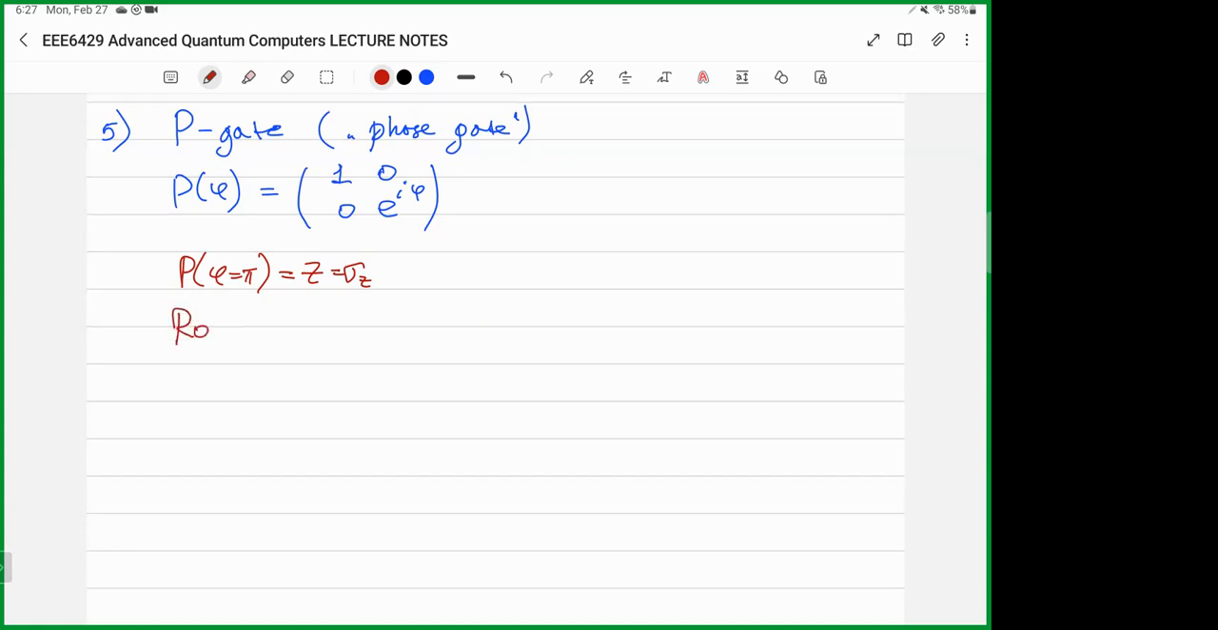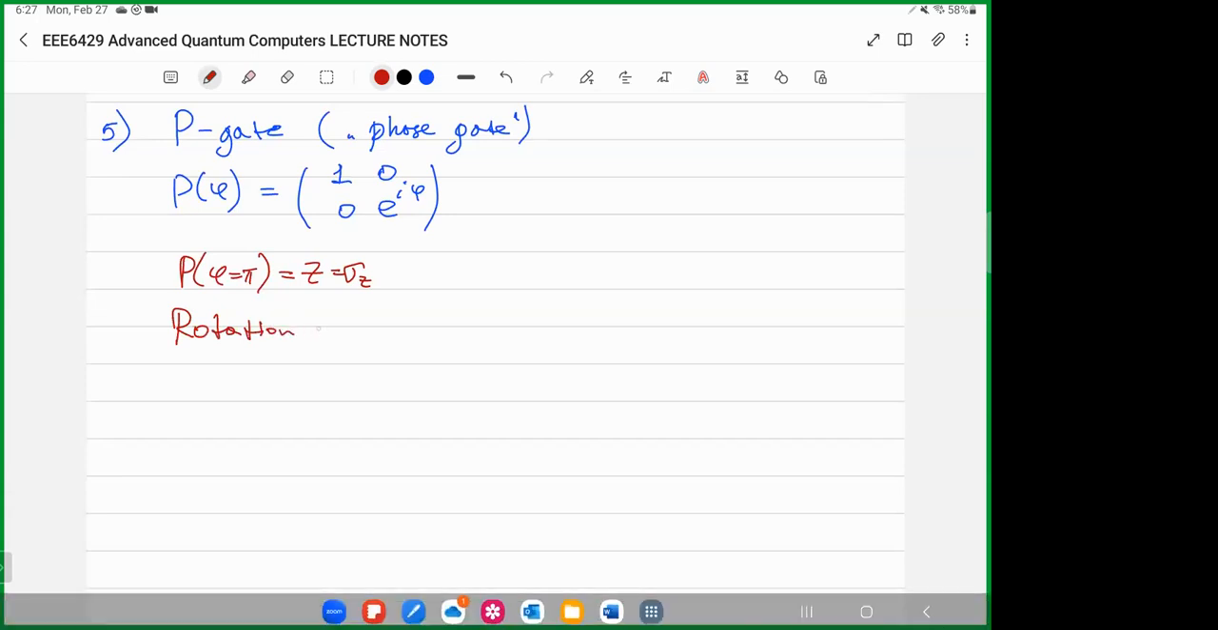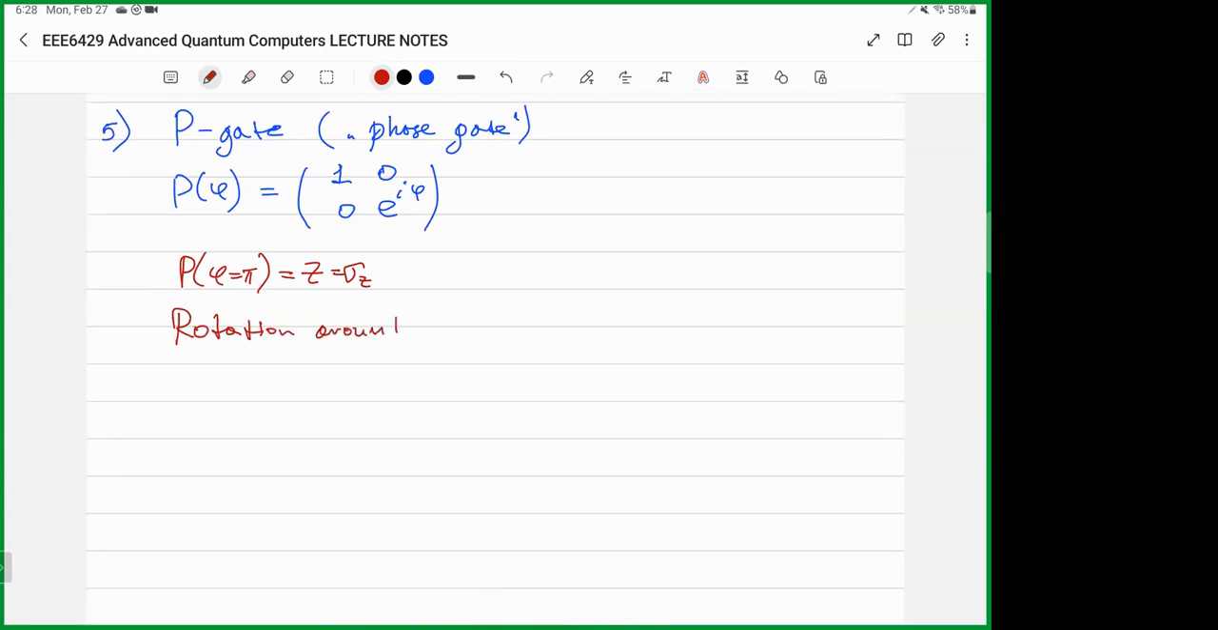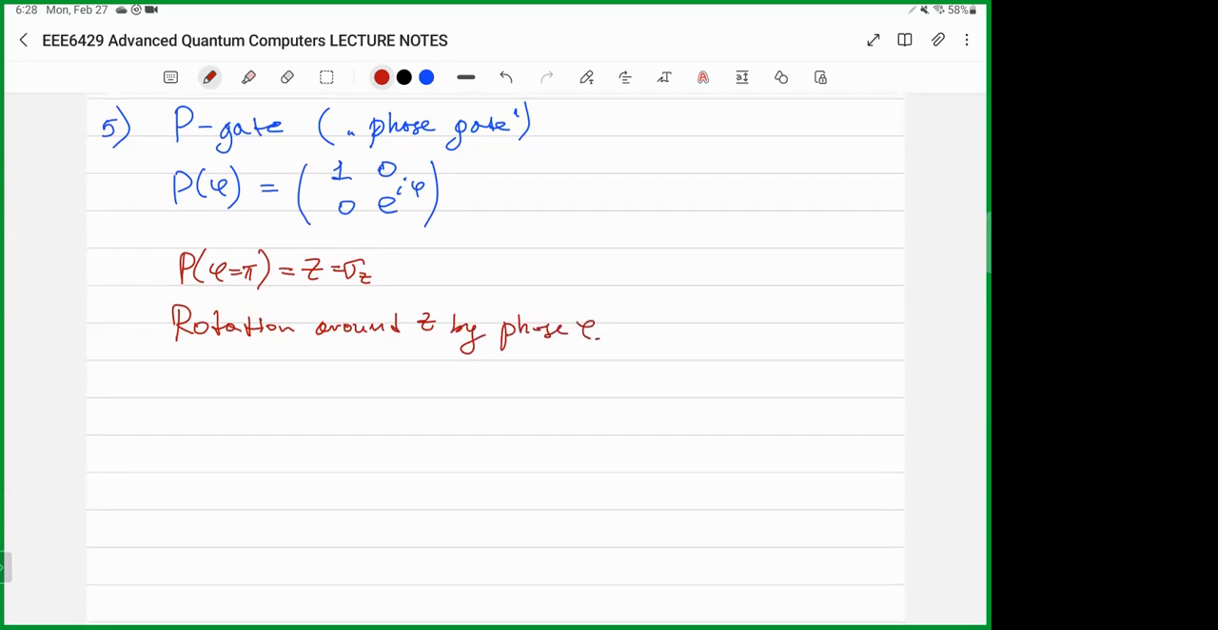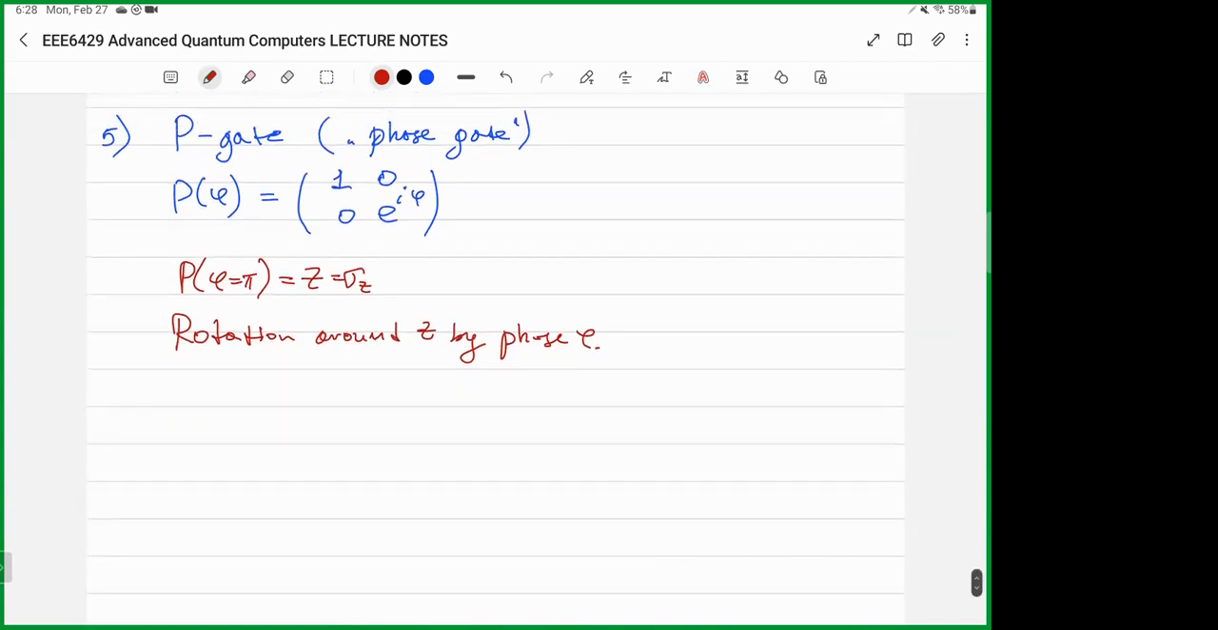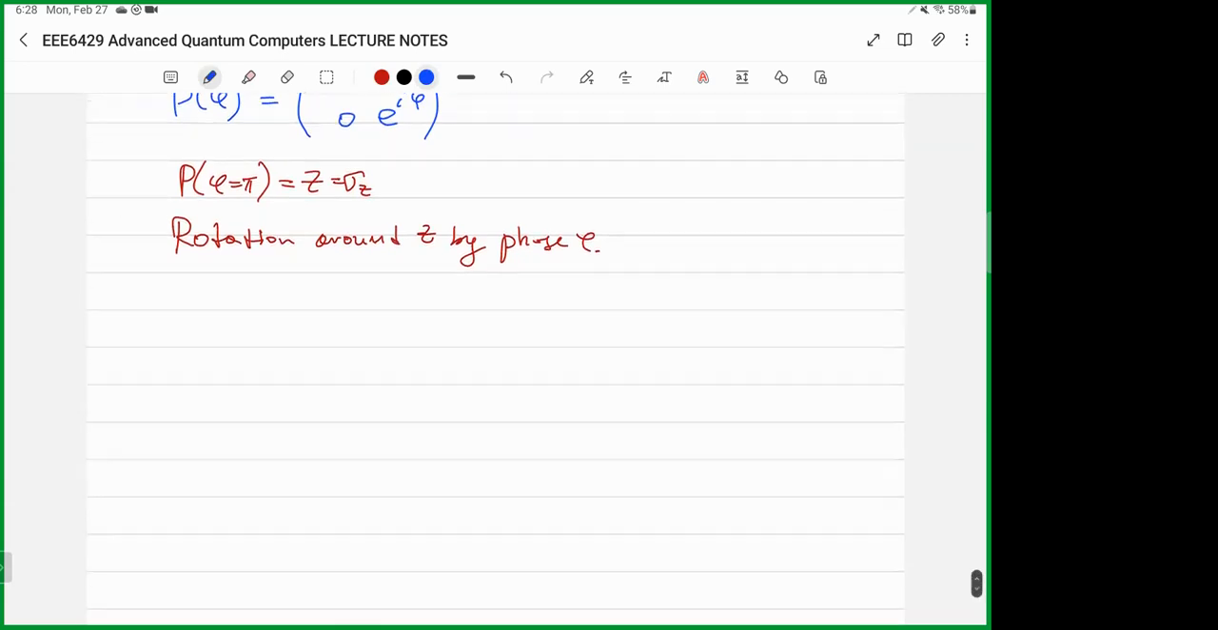So it does rotation around Z by phase phi, by arbitrary phase phi. Right, so this is the phase gate, P gate, and as a